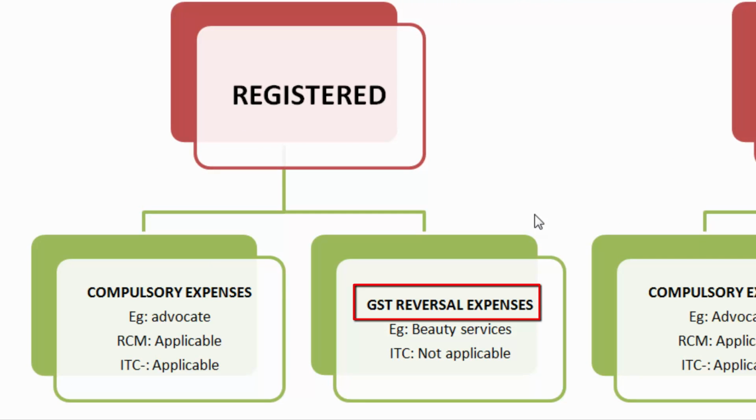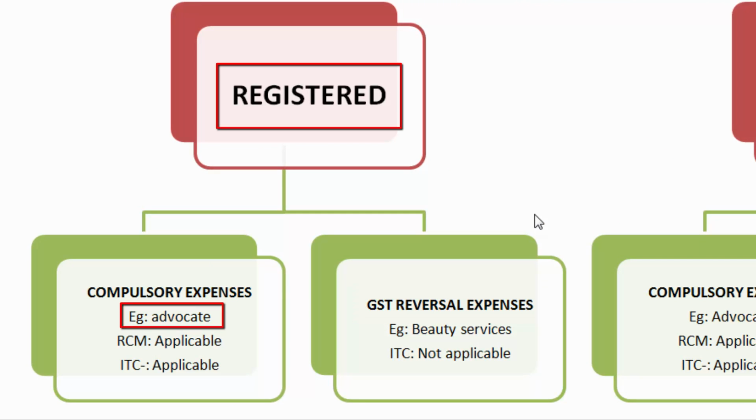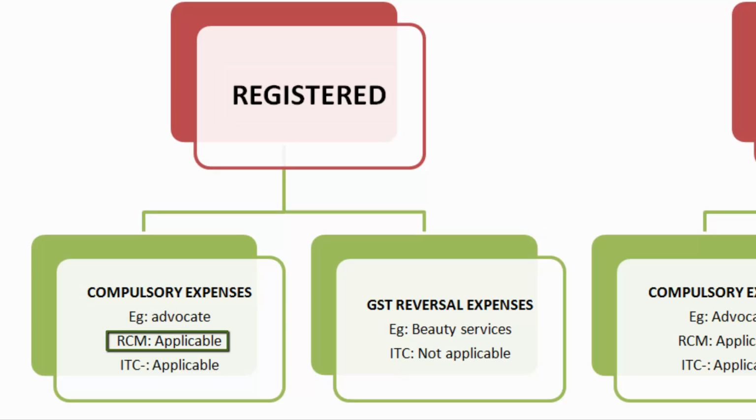If the user takes services from a registered advocate, and it has already been discussed that advocate expenses are categorized under compulsory expenses, then reverse charge would be applicable on them. That is, if the user does compulsory expenses, then the software will create a reverse charge entry against it. The entry which the user will enter, for that input tax credit would also be applicable. The amount which is paid as reverse charge to the government, the same amount the user will get in return as input tax credit.